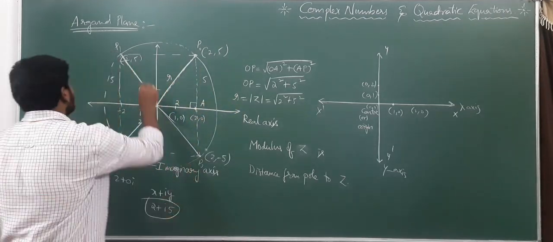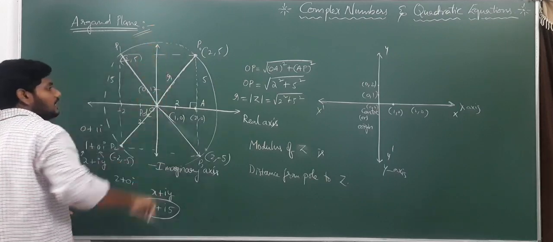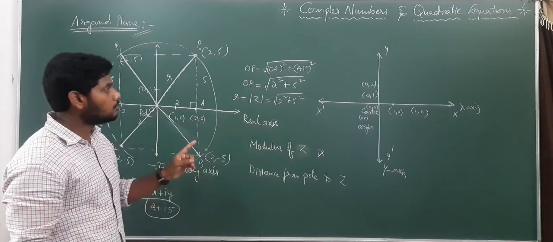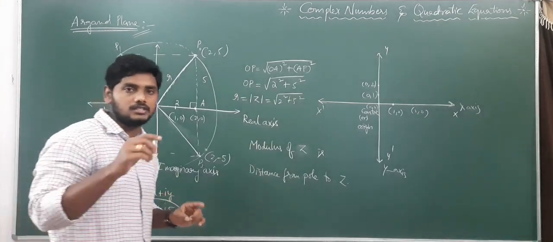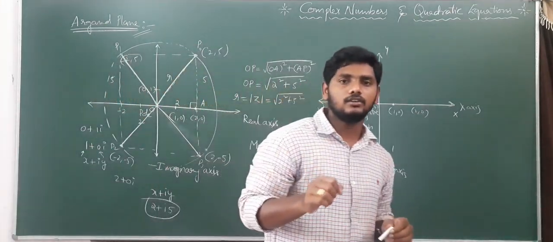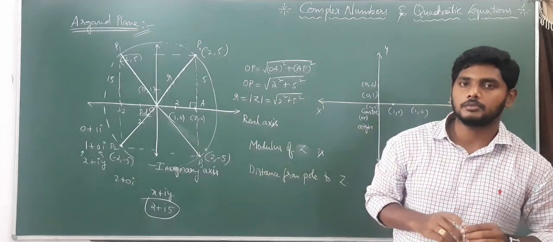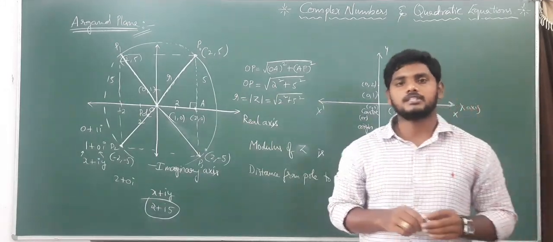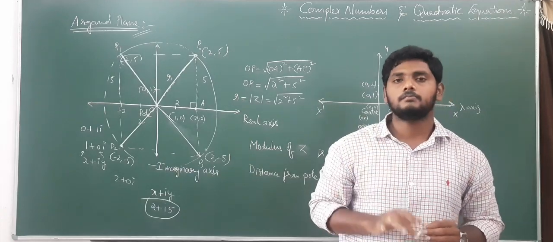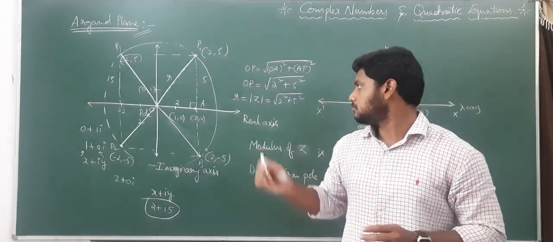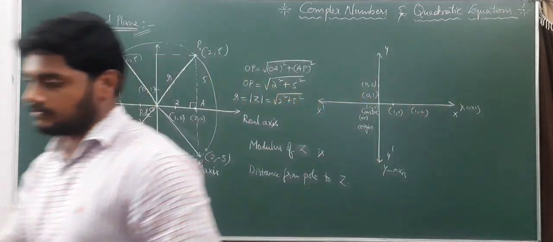So this is about the argand plane and related to modulus of Z. Pause the video to note it down. Next we will discuss polar representation. That concept is the heart of this complex numbers concept. Why? Because based on the polar representation they are going to ask a 3 marks question as per the previous syllabus and previous weightage. Pause the video to note it down.